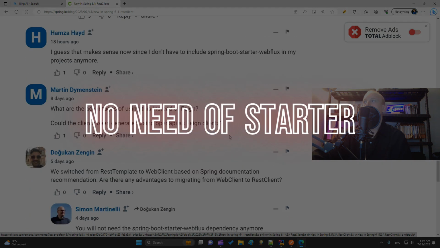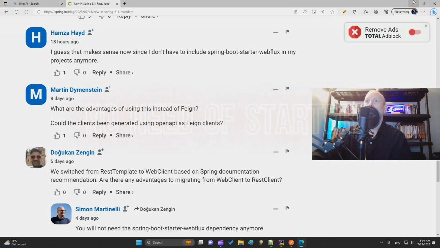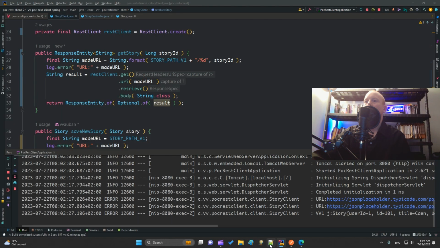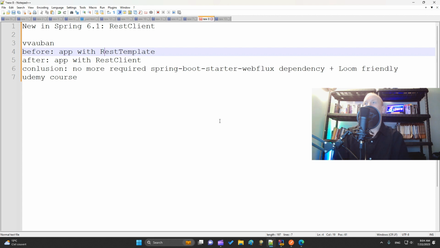And the second thought about this conclusion is that maybe they did this new feature REST client because Loom will be quite ready with the last version of Java 21.